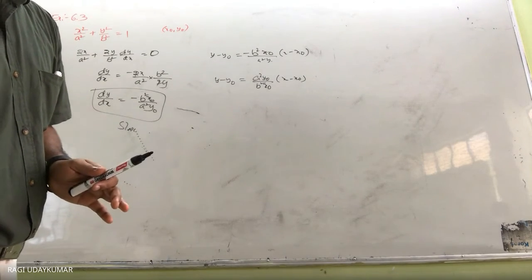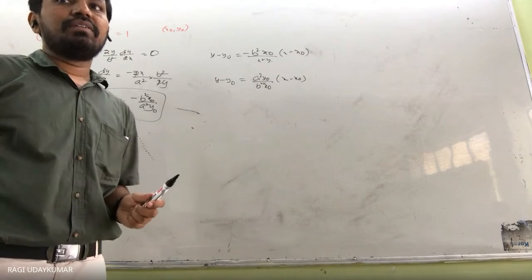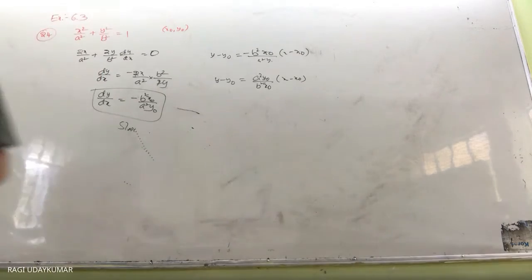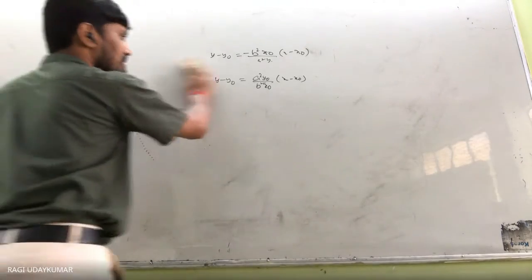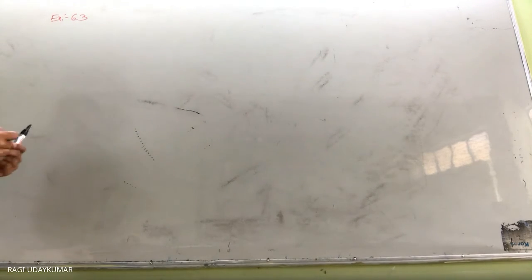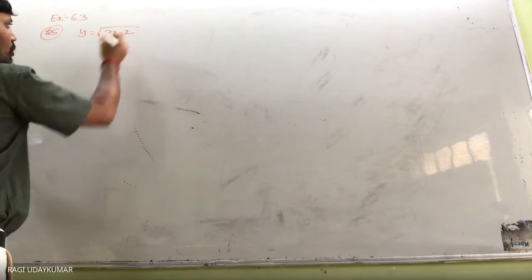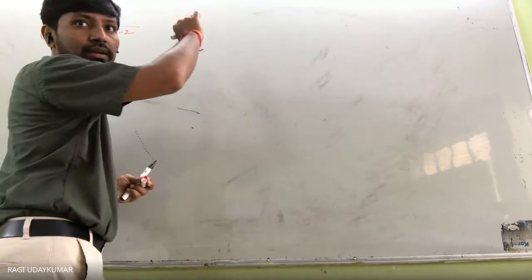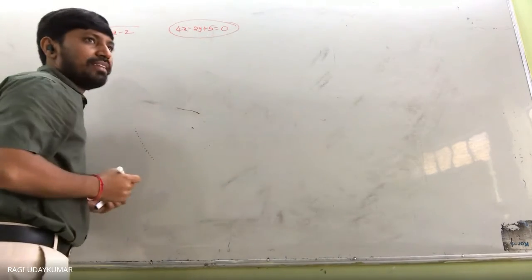It's very simple here. And find the equation of the tangent to the curve y is equal to under root of 3 minus x, which is parallel to the given line. This is also easy. Point is not given. Okay, if you want, I will say one problem of that model. Already we have discussed it, but once again, if you want, then let us see. 25th problem, see here. Y is equal to under root of 3x minus 2, and the tangent is parallel to 4x minus 2y plus 5. What is the slope of this line?